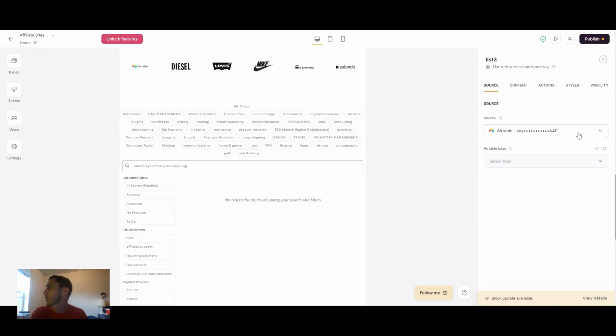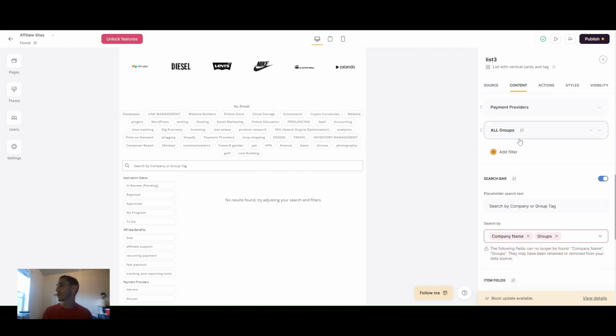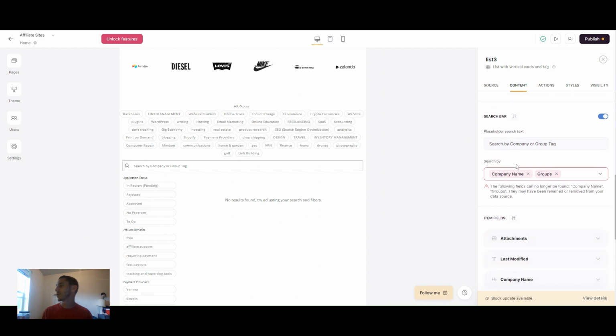So when you connect your source, your Airtable base, this is easy. On Airtable, you just give them consent to go in and look at your base. These look like the filters that I have from my database. Search by this or that,